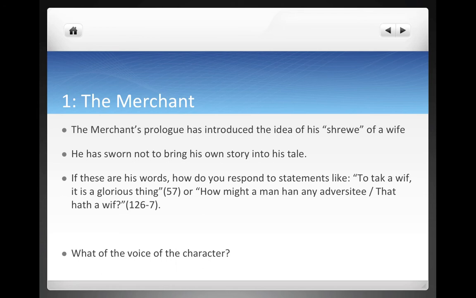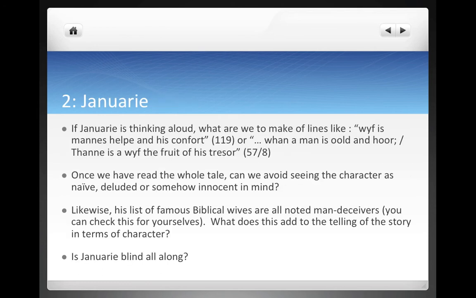In your groups, in your classes now, you might want to look further through this section in more detail. This is, as I say, an introduction, to see what you can find in terms of other moments where we perhaps shed light on the merchant as much as on anything to do with the story that he's telling. If the whole section is merely January thinking aloud and continuing, if you like, from the